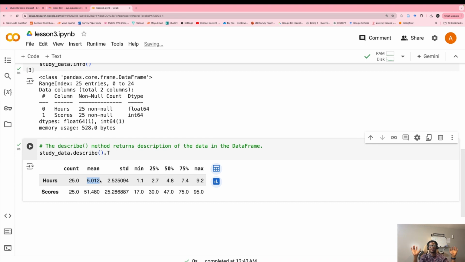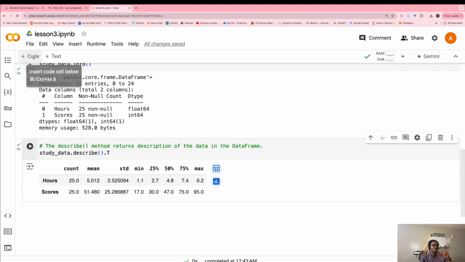The mean is just the average of the number of hours. Then the average of the exam score is this, then standard deviation and all of this. If you don't understand, it's fine, but it's something I should expose you guys to, for the young people. For the older people here, you should know all of this.